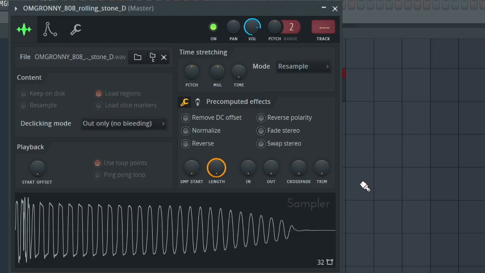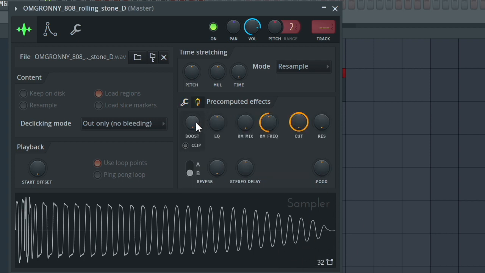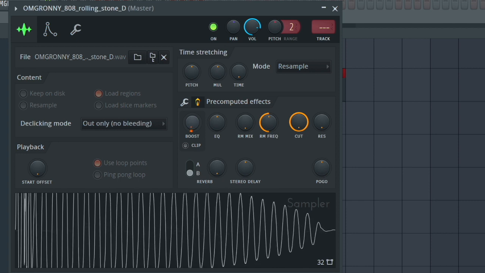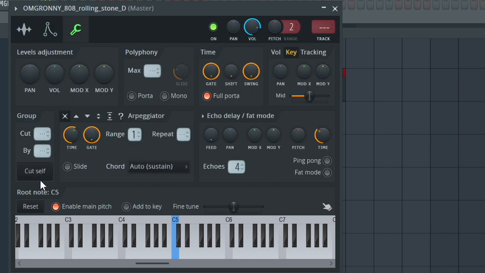What I like to do with my 808s is, first of all, I like to trim it, just so that there's no dead noise here. Then I like to go to my pre-computed effects. I'll add the boost up by 5%. I'll go to the envelope settings. I'll decrease everything except for the hold. Then I'll go to the miscellaneous functions and I'll just choose cut itself, just so that no notes are running